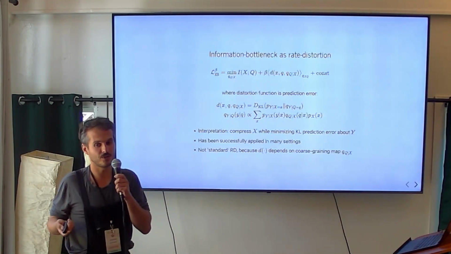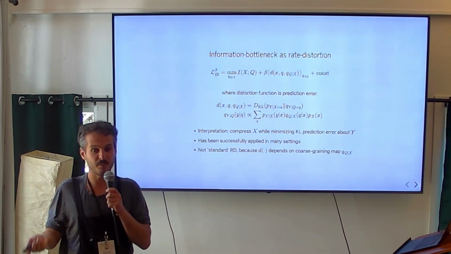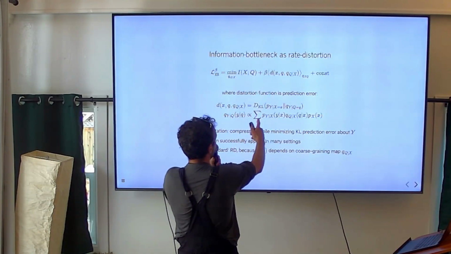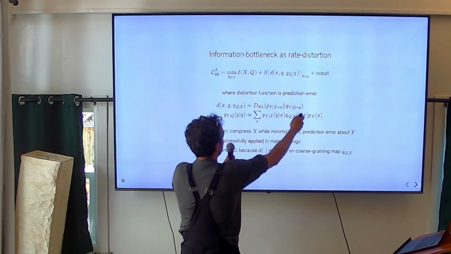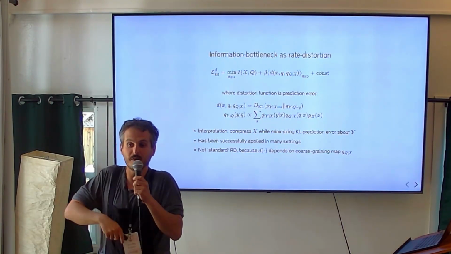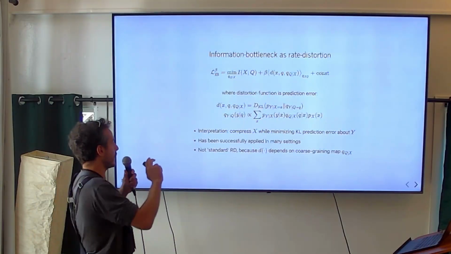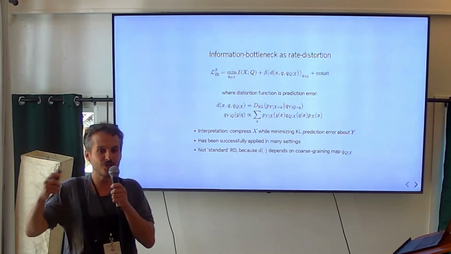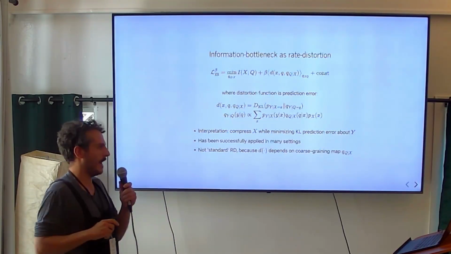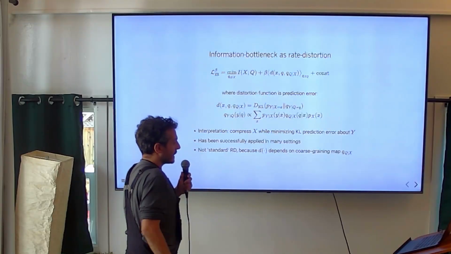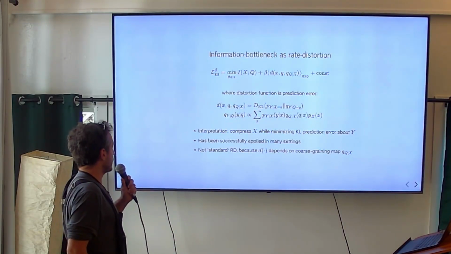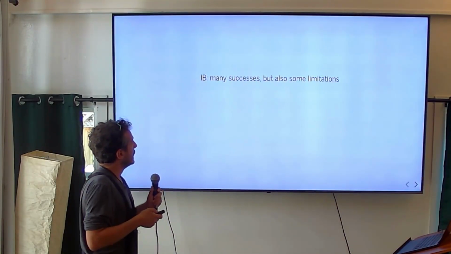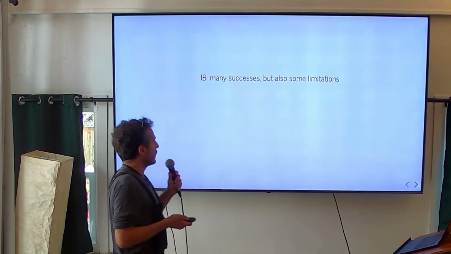And I should also add that the important thing is this is not standard rate distortion, because the distortion function itself depends on the coarse-graining map. Because this predictive distribution here is kind of like the Bayesian inverse of the distortion map. So it's kind of like, given how I'm compressing, we could think of this as a kind of decoder. The decoder is then optimally adapted to sort of undo that compression and best predict y, which is what we care about. And this actually really changes the setting. So as I'll discuss next, what arises from this difference?